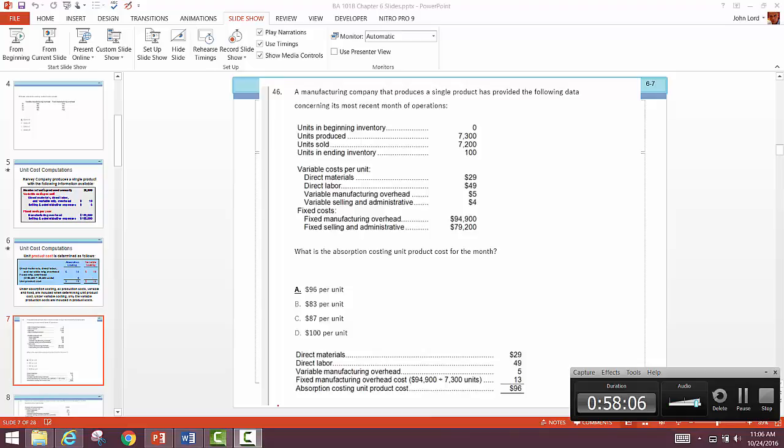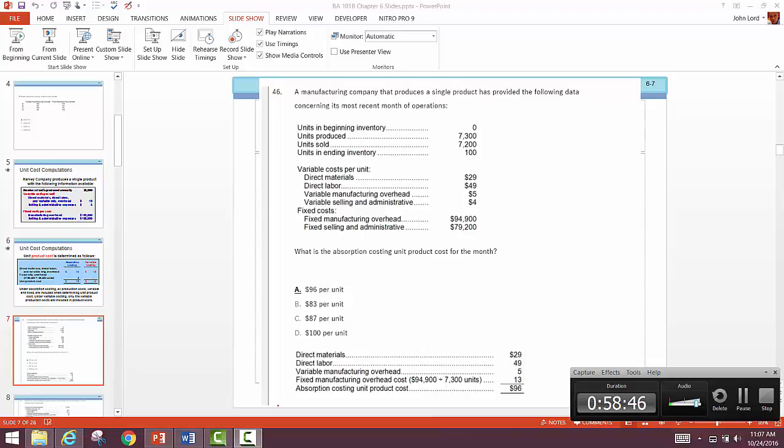Go ahead. Can you just use the ending inventory, which is 100 times the 83 or 96 dollars? Well, you could look at the difference in your finished goods inventory to get the difference between variable and absorption. But typically, the way they ask the question is, this is what I'm trying to lead to, and I'm not doing a very good job of it. But in some of these questions, I will give you the operating income